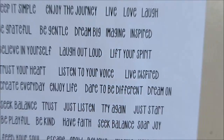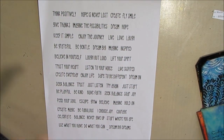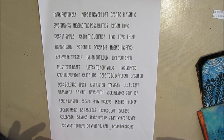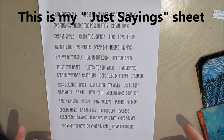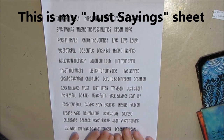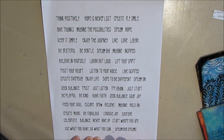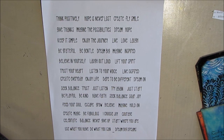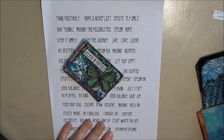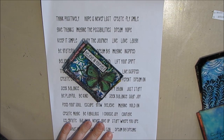So this technique tag is much like the very first technique tag where we learned how to create our own patterned tissue paper. So here is the page that I created with various phrases. There's not really long quotes. I kept this more for short things that are going to work well on ATCs